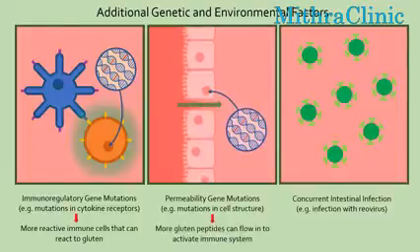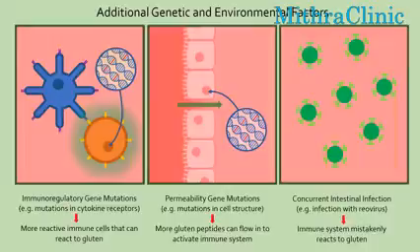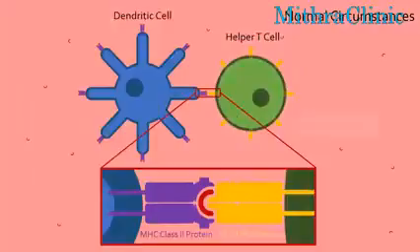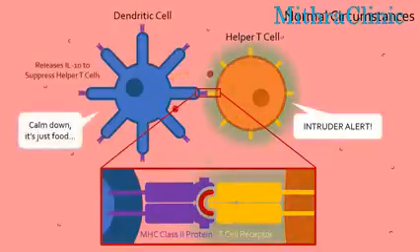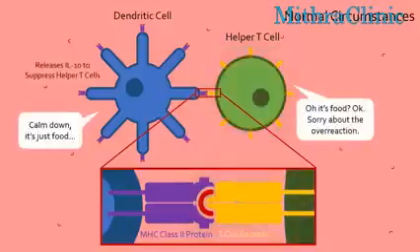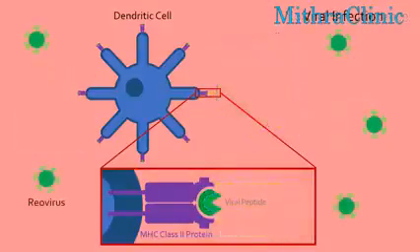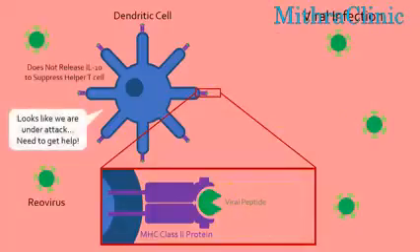As for environmental factors, scientists hypothesize that having an intestinal infection while eating gluten may play a role in developing celiac disease. Normally, T cells will not react to proteins found in food because the dendritic cell will release cytokines like IL-10 that suppress the T cell. However, if an infection is going on, dendritic cells want to activate T cells to fight the infection, so they